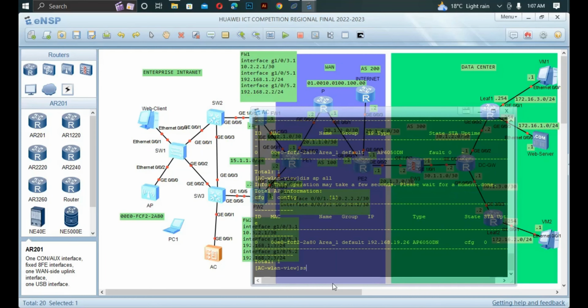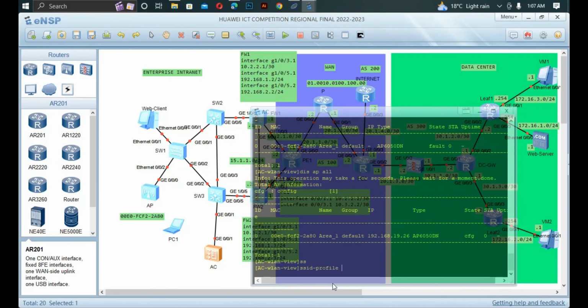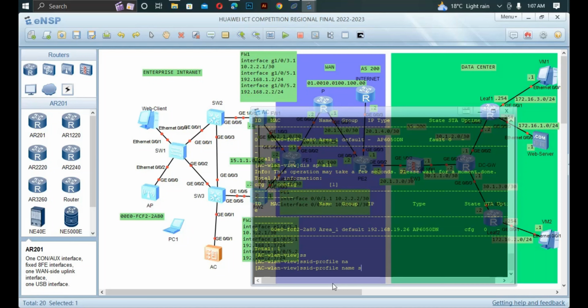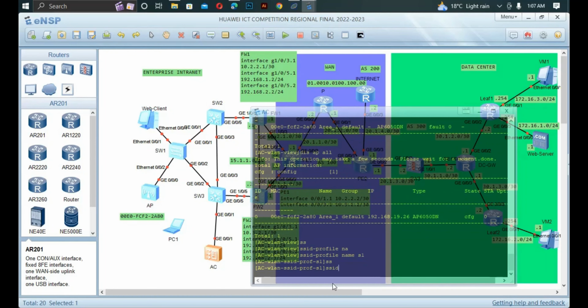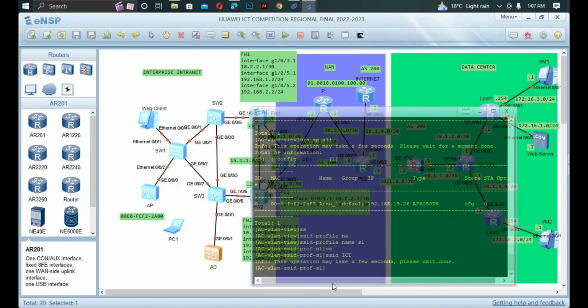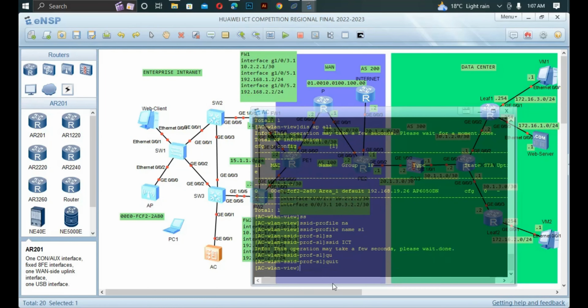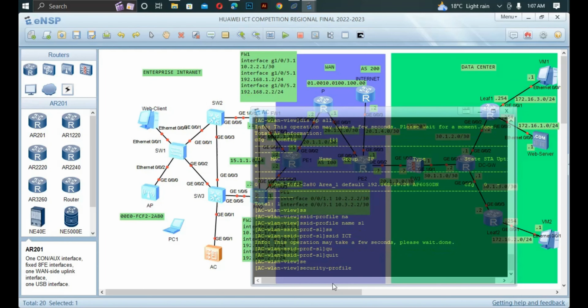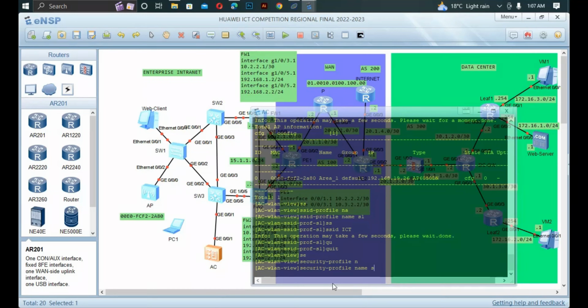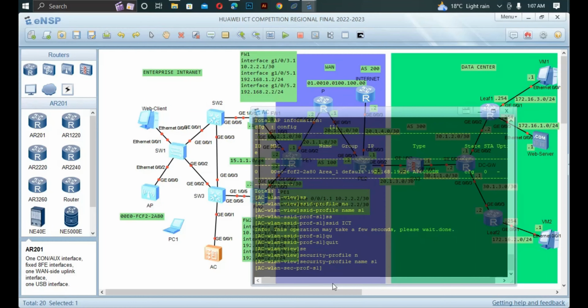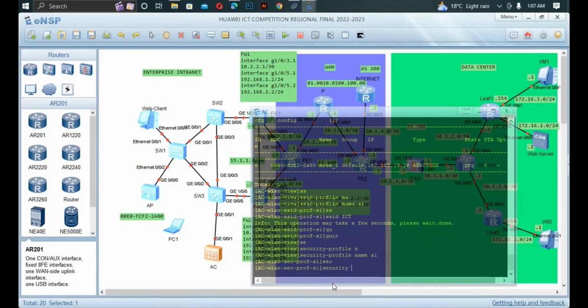SSID. So the SSID profile name here was S1. Then the SSID name was ICT. That is the name of the Wi-Fi that will appear when you want to sign in. Then you quit and create the security profile. The name here will be the same as the SSID, that is S1. Then security